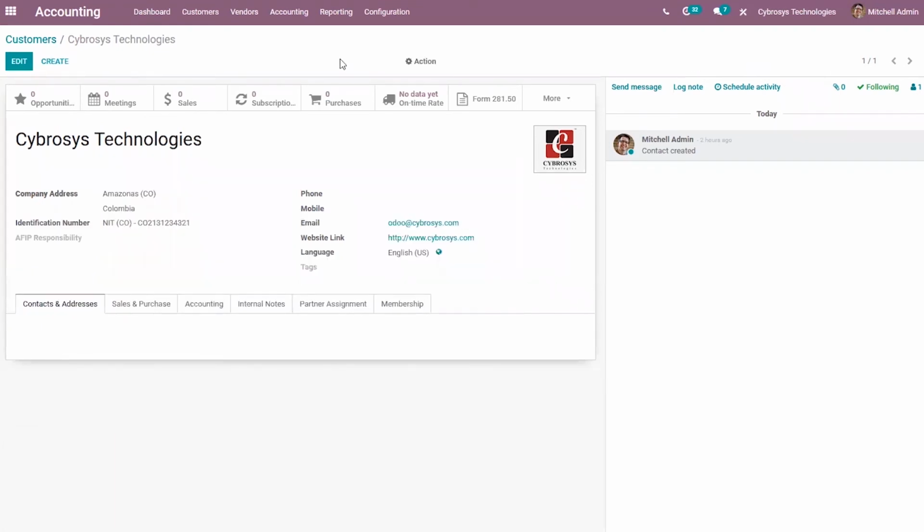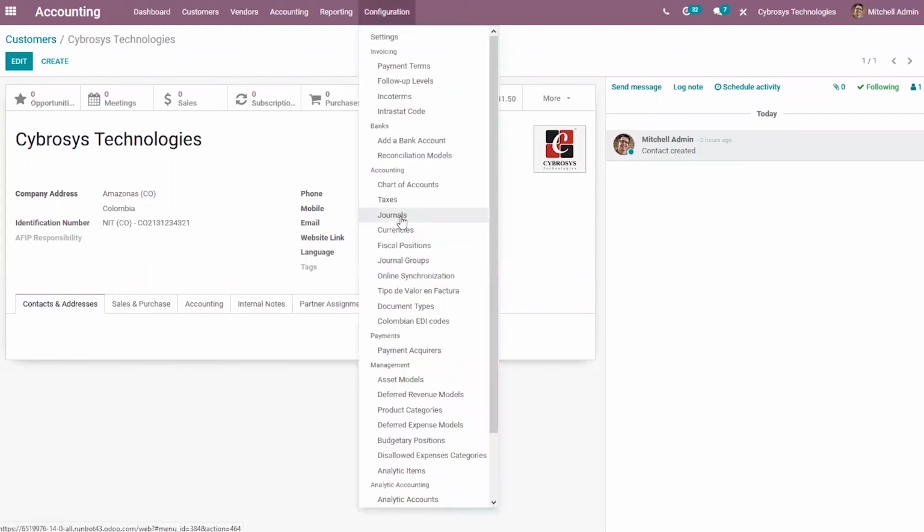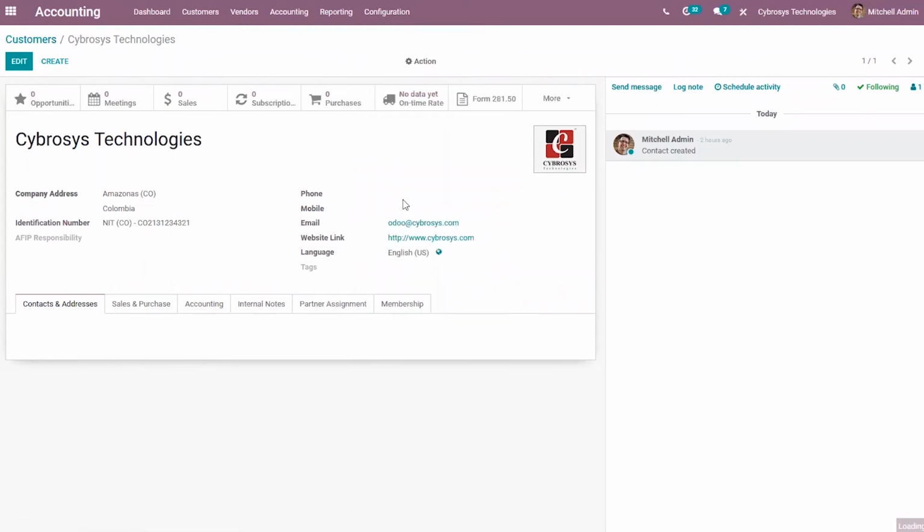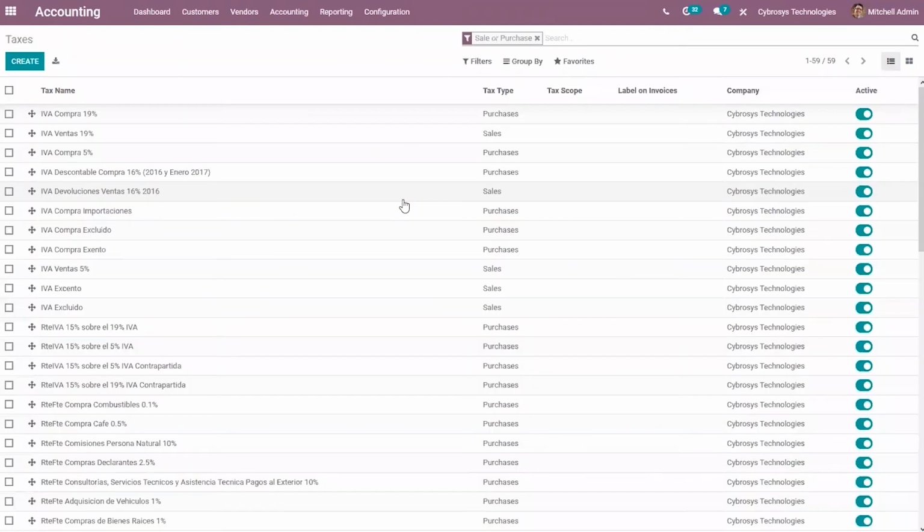Then let's move on to taxes. In most cases of selling products, tax should be imposed on the transaction, so it is important to add the value type for the tax.